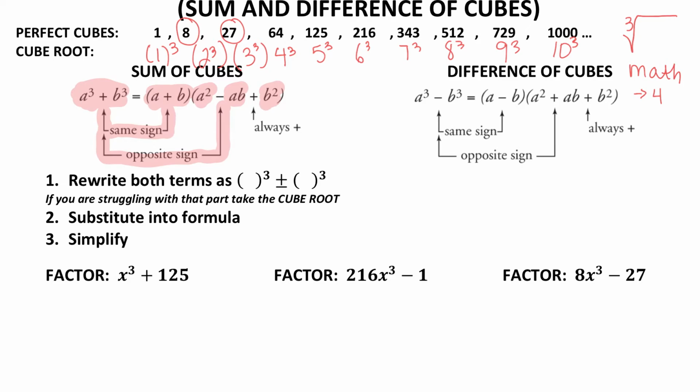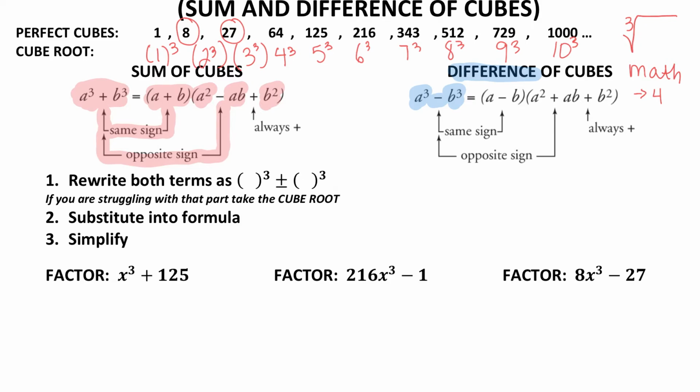term is going to have a minus. It's going to be the opposite sign. And then that last B squared is always going to be positive, because anytime you square something, it's positive. Okay? Now, if we have a difference of cubes, so a difference means that we have a subtraction sign right there in the middle. So if you have something cubed minus something cubed, you're going to write your first factor